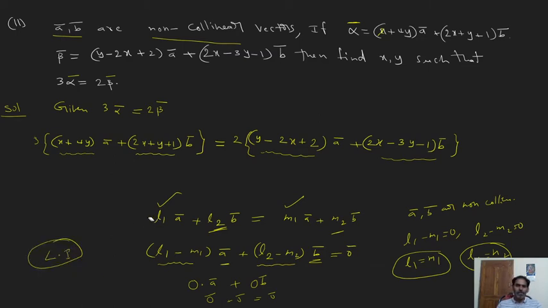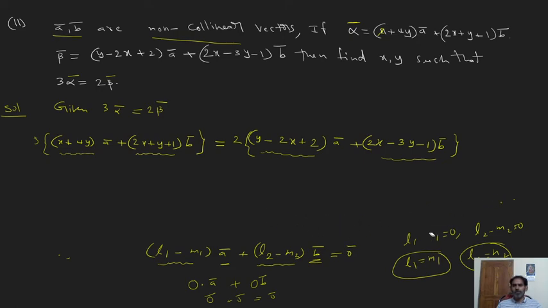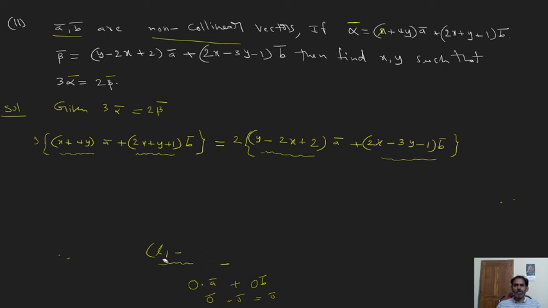Clearly I am writing this; the explanation is not important here. Directly, on both sides we are going to equate the a bar, b bar coefficients. In the above equation we should equate a bar, b bar. How to equate the a bar, b bar coefficients? The reason you are equating is that they are linearly independent, non-collinear vectors. That is the cause.